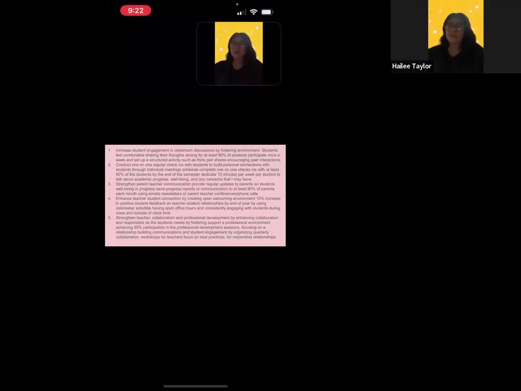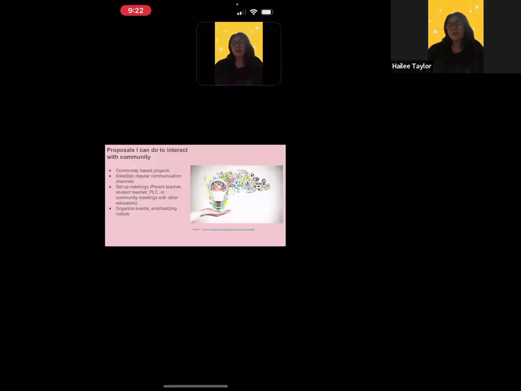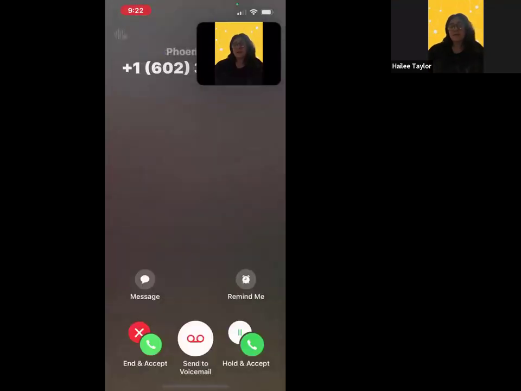Also, creating goals such as these can help with students and strengthen the overall relationships in the classroom. And some values I can increase with these goals are to do more goal-related activities, approaches, establish communication with peers and parents, do icebreakers to get to know them, attend events such as PLC meetings and community meetings, etc. Overall, getting myself immersed in the community and the students will help me be more involved and understand what is going on. My proposals is do community-based projects,